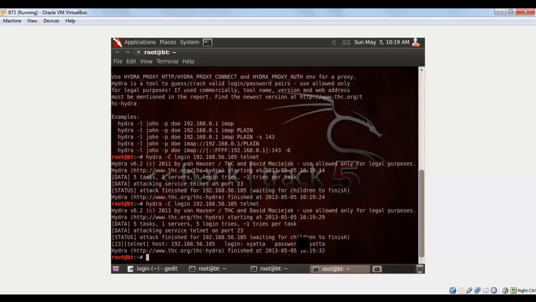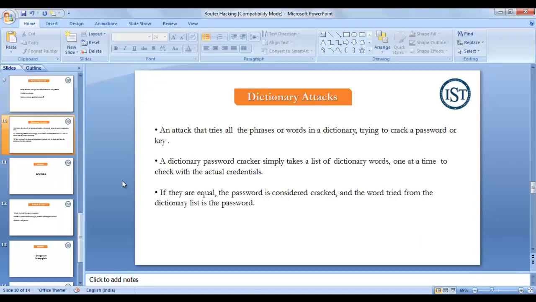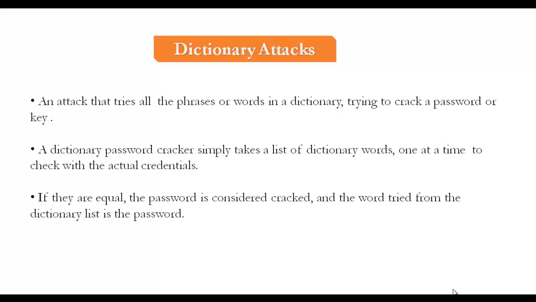Now this is how we can crack the remote usernames and passwords of telnet or HTTP or any service which has user credentials, using brute force dictionary based attacks. The only requirement is the dictionary should contain the username and password. This is the difficult part of this particular attack. If the dictionary doesn't contain the username and password of the target, the attack will fail. So let us quickly go back to our presentation. We have just gone through a simple dictionary attack using Hydra against the remote router, and